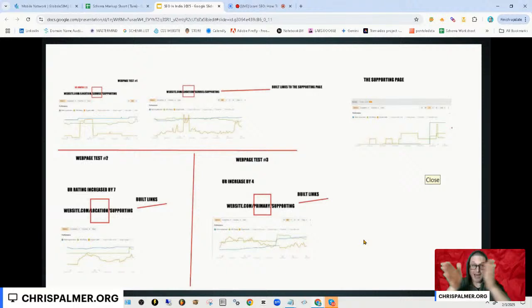How we gauged the power pass after 30 days was, did the UR of the page in front of us, or what we're internally linked to, go up in rank? So we're building to supporting, and is it powering up the page in front of it or any page that's internally linked to? In every single instance, not only did it power up the page that you pointed to, but any page that it was internally linked to also got a lift, all the way up to the home page. The entire site got a slight lift.